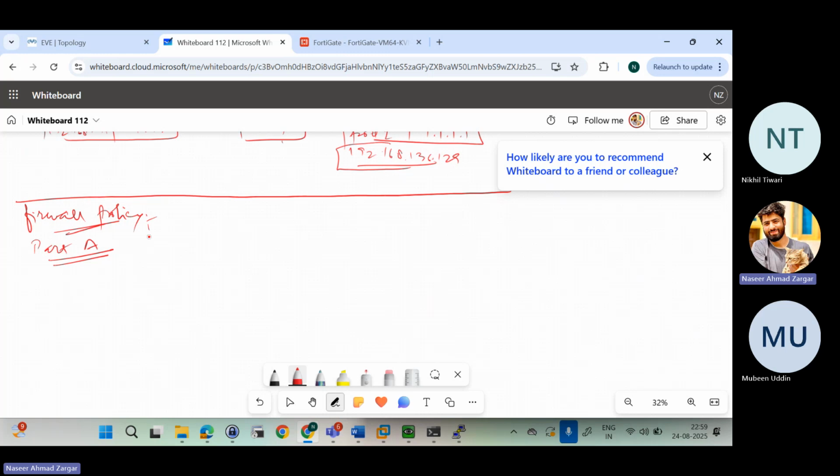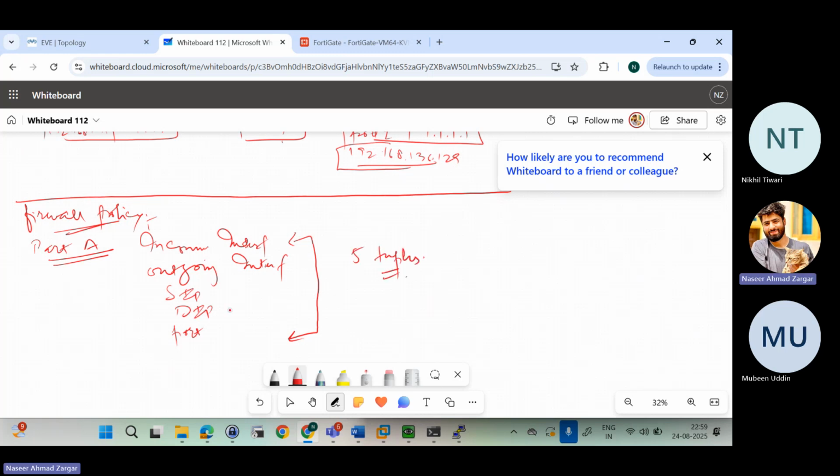Part A would contain incoming interface, outgoing interface, source IP, destination IP, and port, right? These are called 5 tuples,